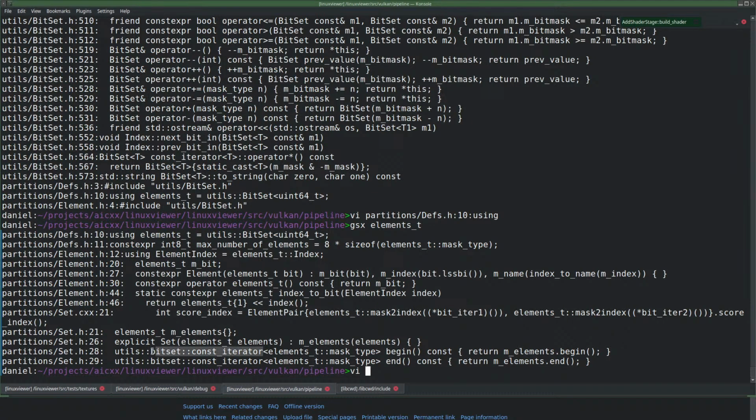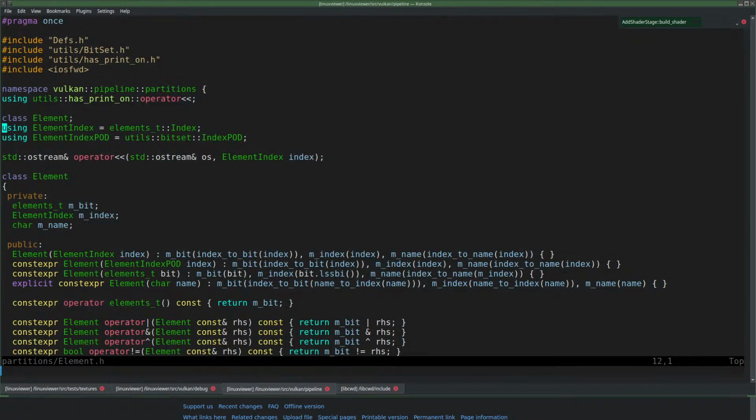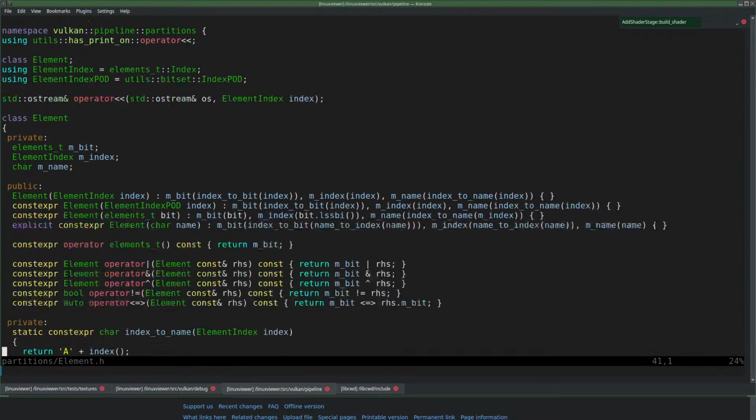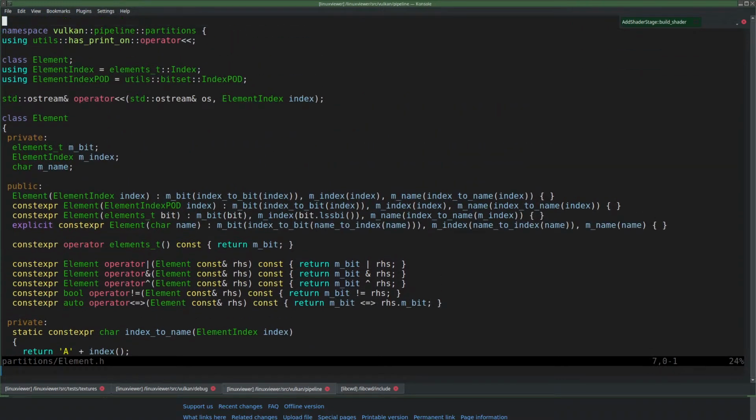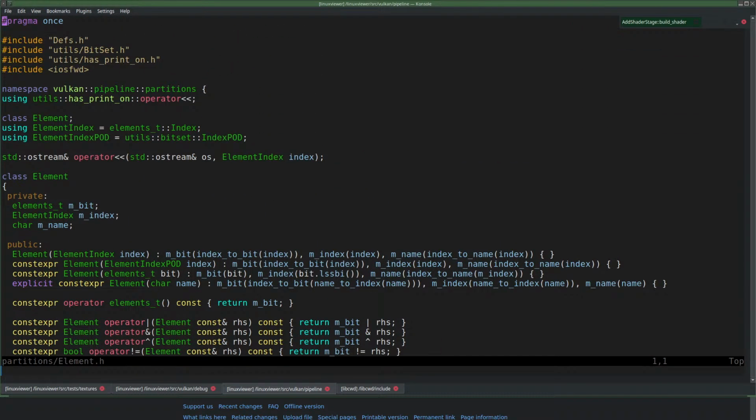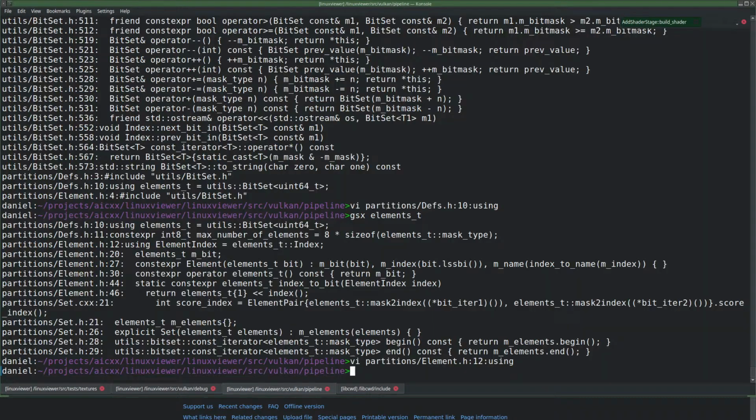Bitset const iterator. Element index. Let's just look at this file. Doesn't do much. Nope.